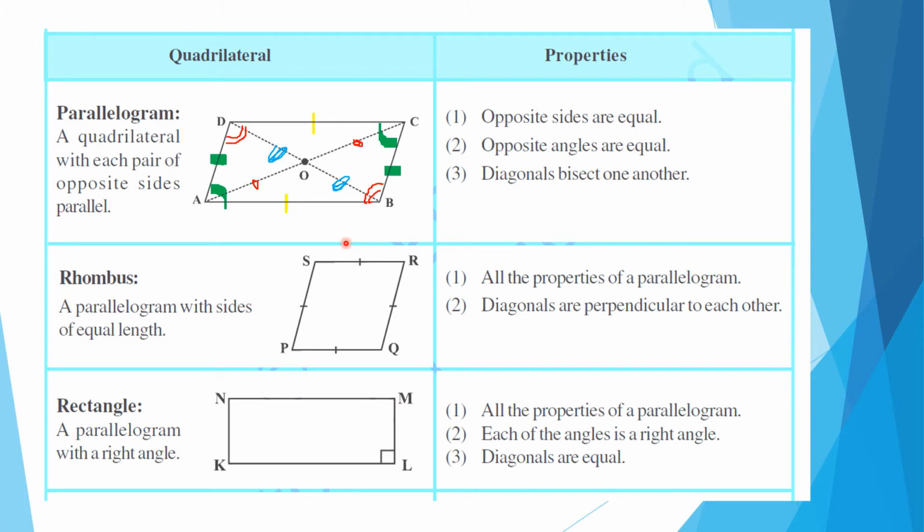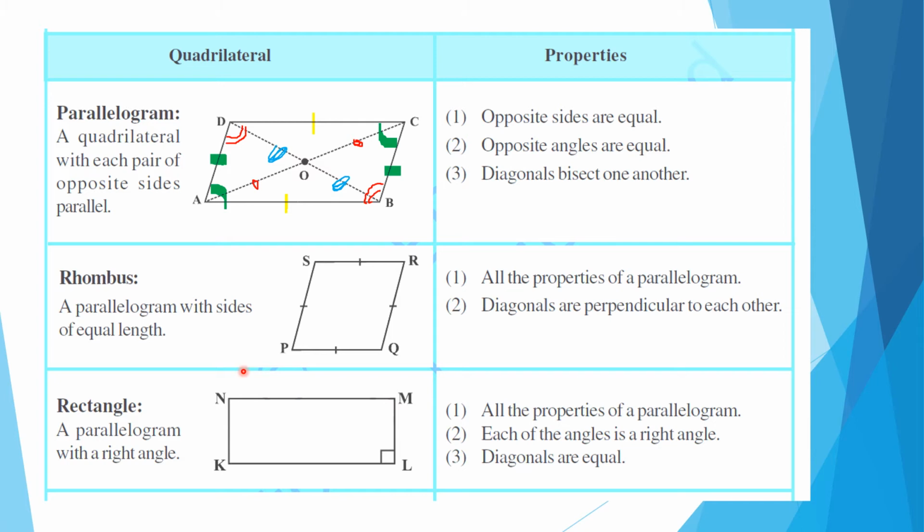Then there is the rhombus. Rhombus में आपको पता है अभी तक क्या? That it is a parallelogram with all the sides of equal length. Rhombus होता क्या है? एक parallelogram जिसकी all sides equal length की होती हैं. तो इसमें parallelogram की properties तो आ ही जाएंगी. It means in a rhombus, opposite sides are parallel, all sides are equal. But why is it not a square? Because its angles might not be 90 degrees. It can be, but it is not confirmed.